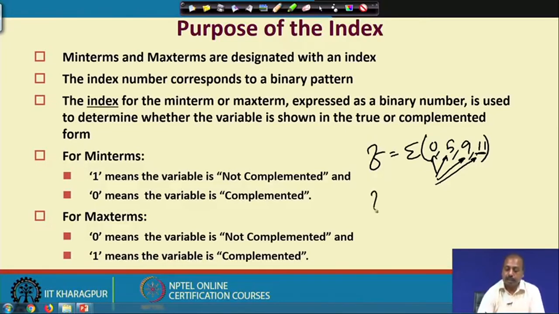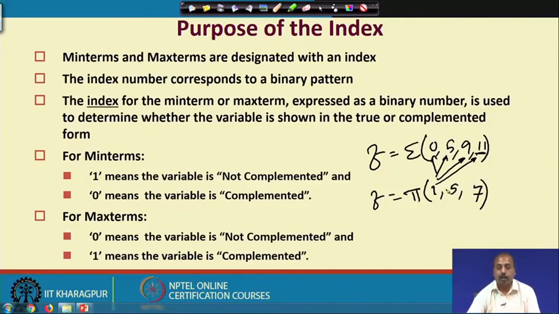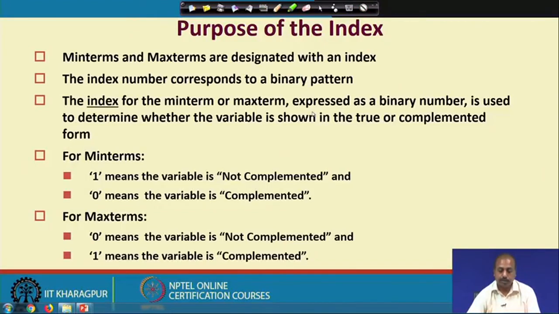Similarly, I can have the max term representation, which is written with this pi or product: 1, 5, 7. This means that for the max terms 1, 5 and 7, I have to take the product of sums form to express the function. Talking about